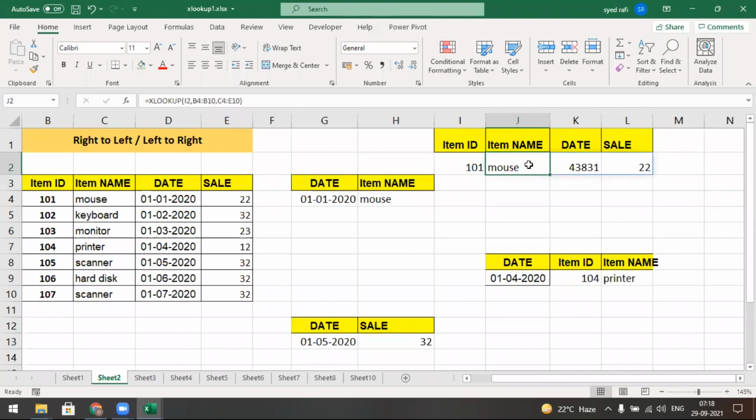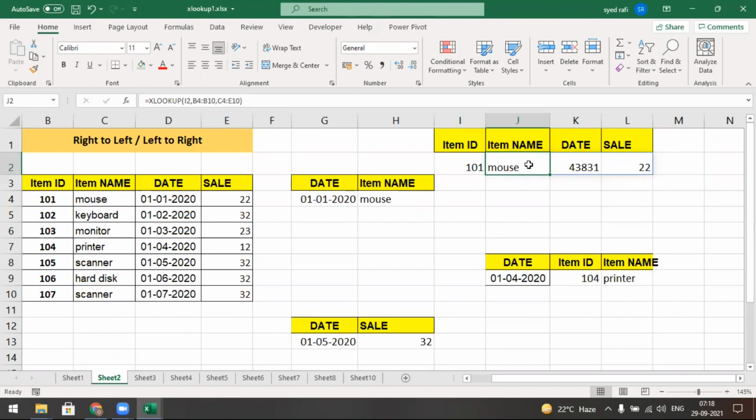What are the major advantages? If you learn XLOOKUP, you forget VLOOKUP. It happens in practice. XLOOKUP is very flexible, but the disadvantage is that XLOOKUP is only available in Office 365. In any other versions, it is not available.